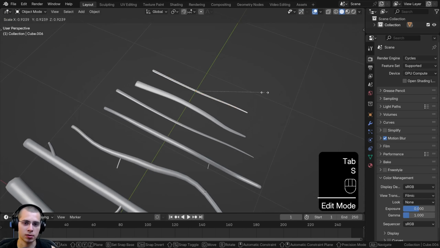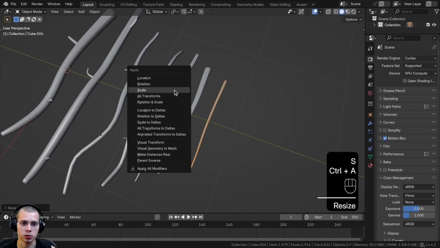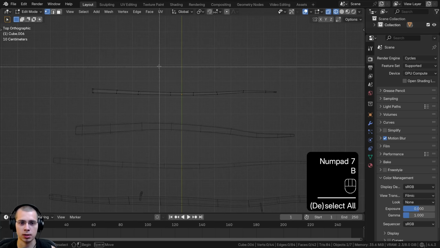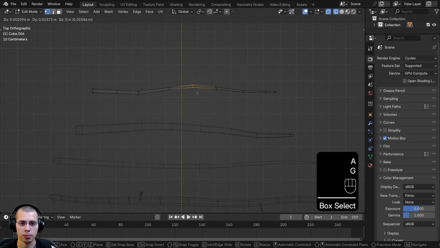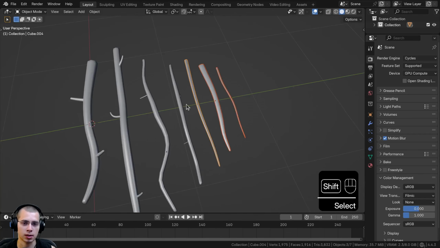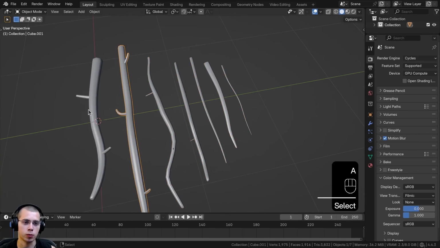So if you scale it down in object mode, make sure you just hit Control A and apply the scale. And then for this one, let's just make it a little bit of a different shape. So maybe move this up there. All right, so there we go. So now we have 3 blades of grass, kind of dry grass blades, and then we have 4 little twigs